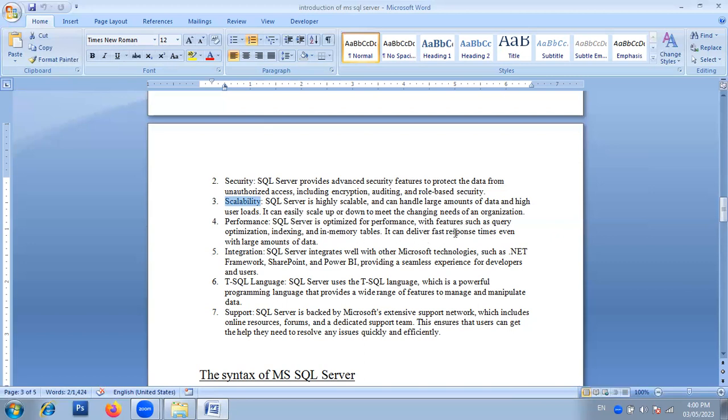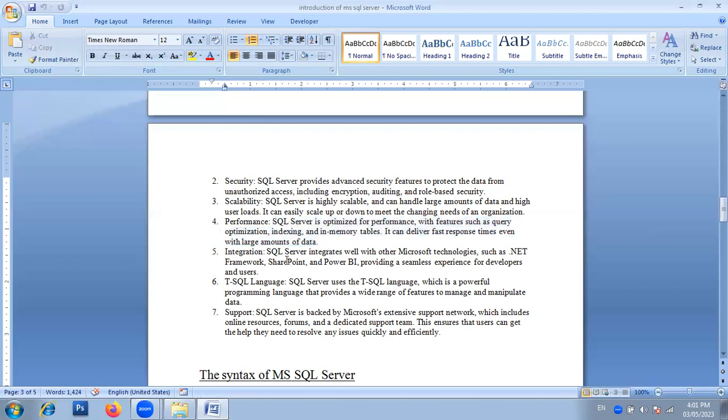It can deliver fast response time even with a large amount of data. यानी परफॉर्मेंस कब कैलकुलेट होता है? मानो आपके पास लॉट्स ऑफ कोड है, बट एसक्यूएल उसको मिनिमम टाइम में एग्जीक्यूट करता है, बिकॉज़ देयर आर सम कंसेप्ट, वहाँ पे डुप्लीकेशन नहीं होने देता है वो डेटा को। इस वजह से वहाँ पर डेटा लोस होने के कम चांसेस हैं। इसलिए एसक्यूएल सर्वर को एक रीजन बताया गया, इट इज अ हाई परफॉर्मेंस।